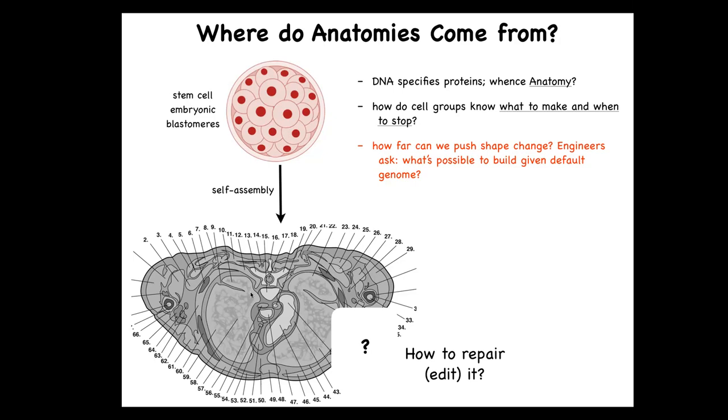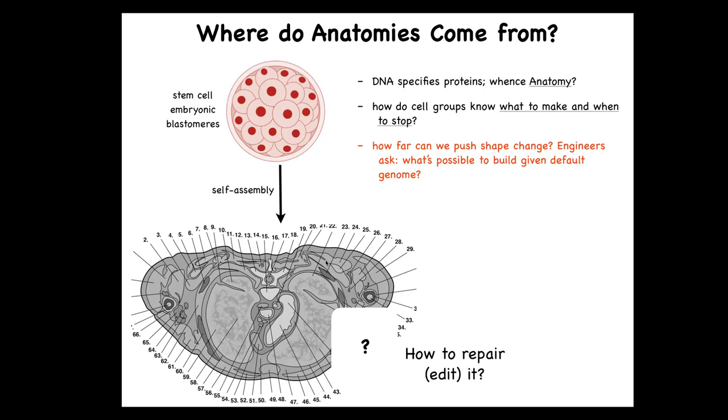But the thing with that is that we can read genomes now. We can read genomes, and we know what's in the genome, and it isn't directly anything like this. What's in the genome are the descriptions of the micro-level hardware, the proteins, that every cell gets to have. So we still need to understand, using that hardware, how does this collective know what to build, when to stop, how do we convince it to regenerate? And as engineers, could we get these exact same cells to build something completely different? I won't have time to talk to you about that, but we do make some synthetic organisms from genetically wild type cells. And in fact, cells are willing to make all kinds of stuff if you do the right things.